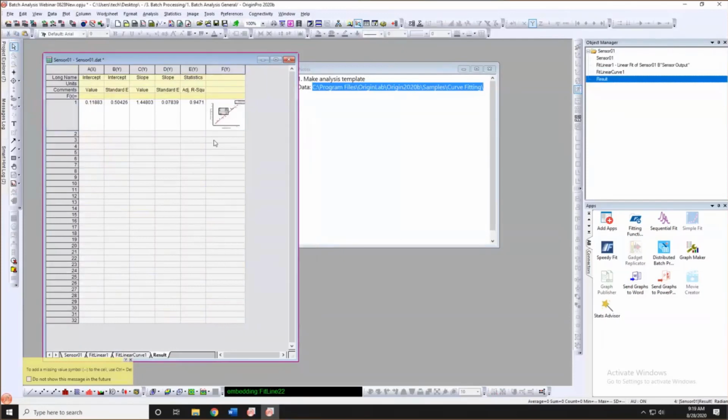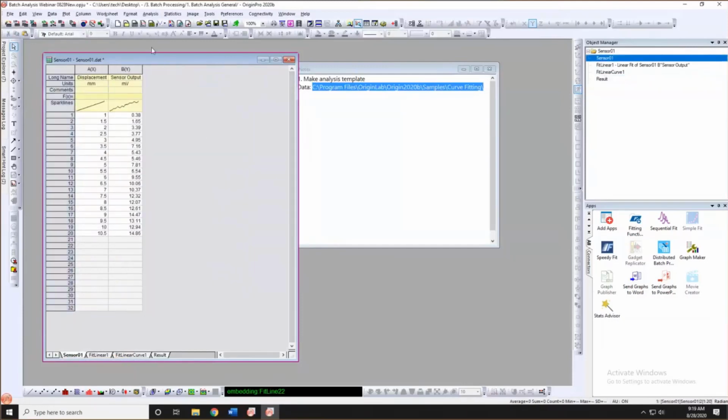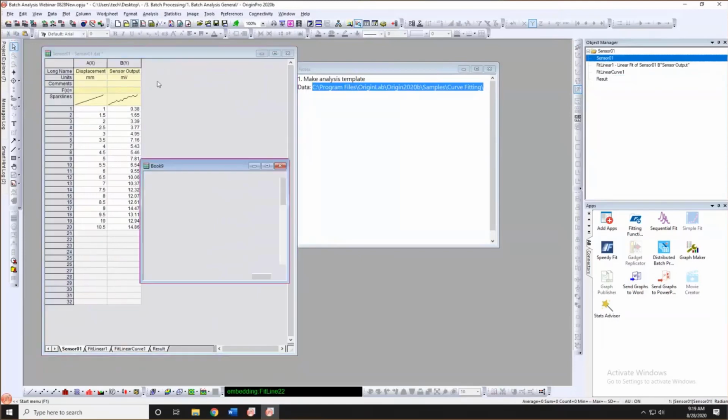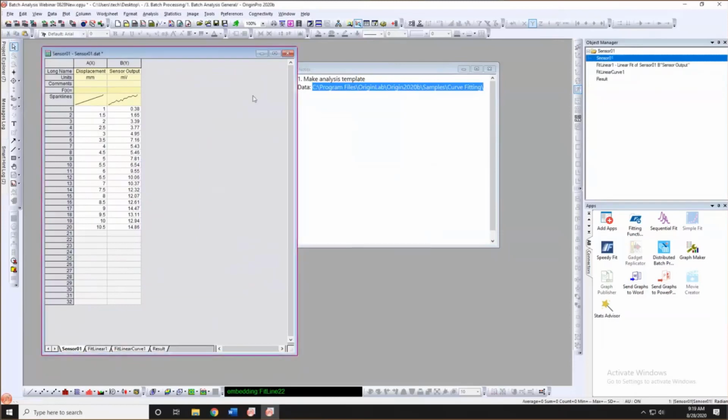Paste the link. Okay. So now we are sort of done with the template. So we can simply check this template by, okay, I just want to duplicate this